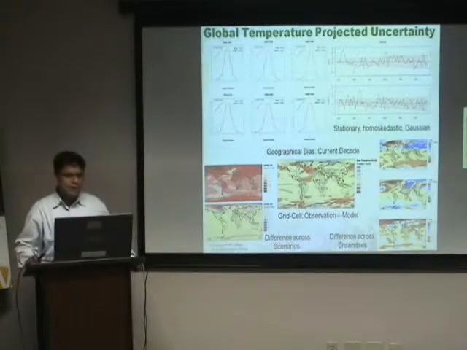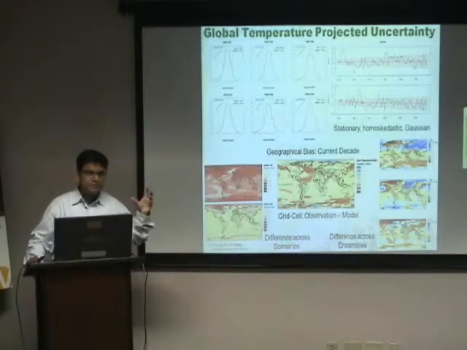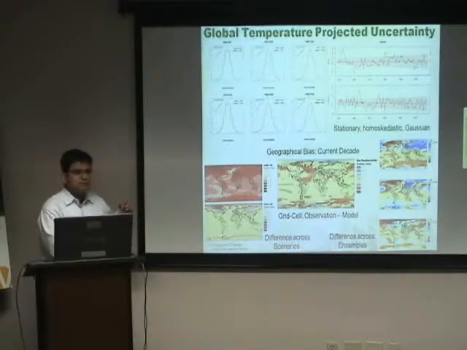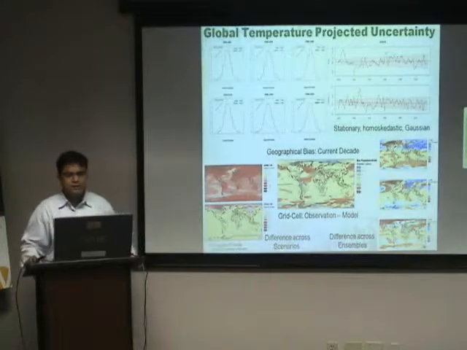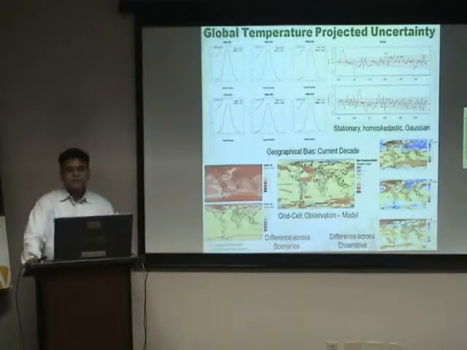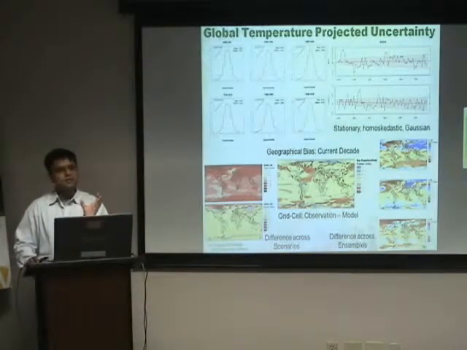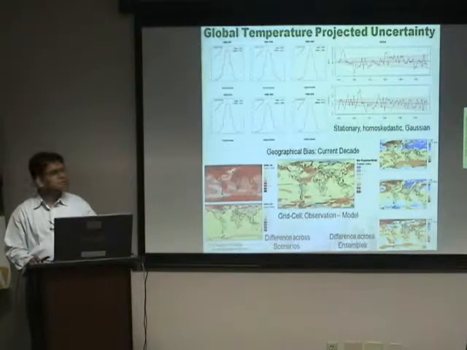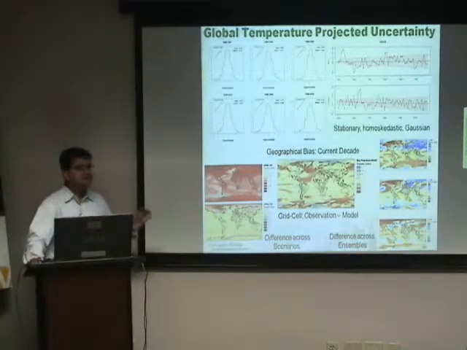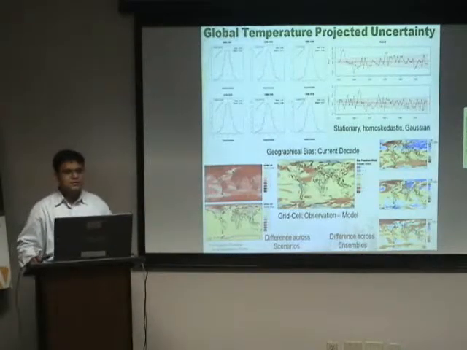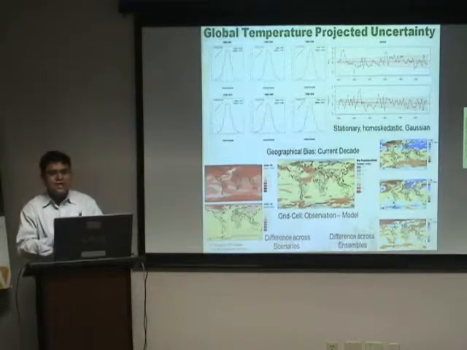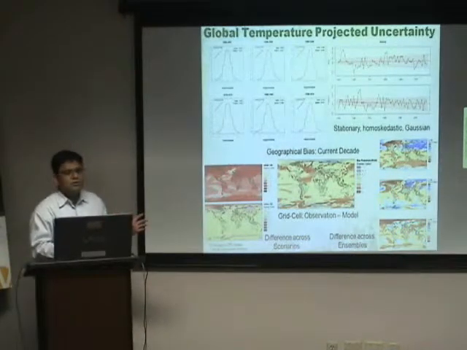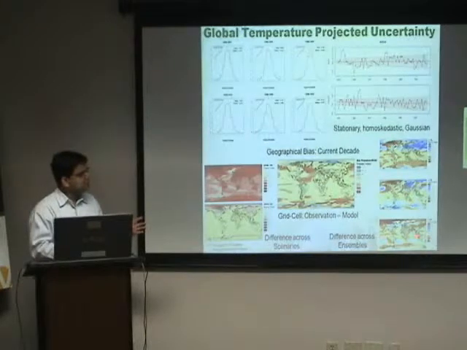Ensemble runs are different runs of the same model with the same forcing, or with the same greenhouse gas scenario, but these are run with slightly different initial conditions. And this is done because the climate system is chaotic, meaning it's sensitive to initial conditions. These are done to see how much that affects global to regional scale predictions,